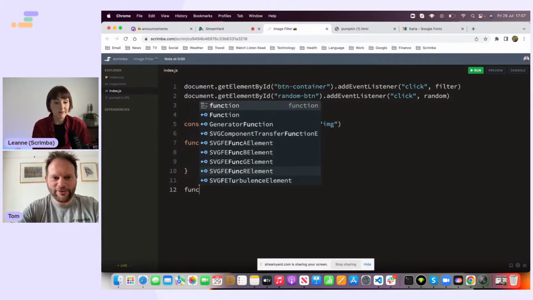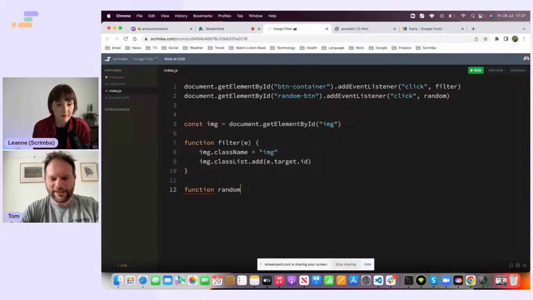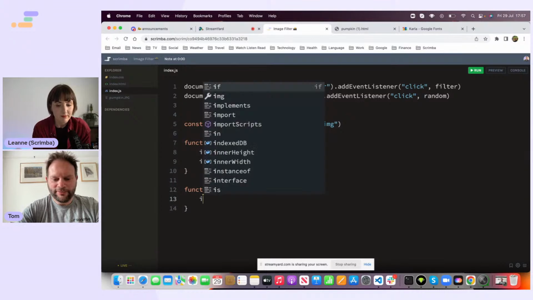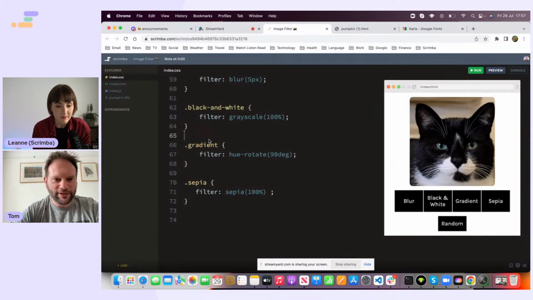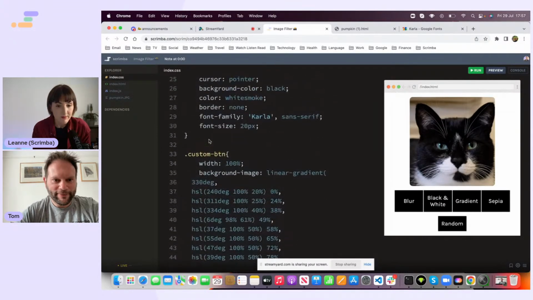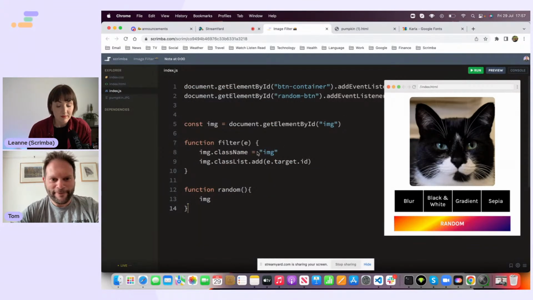Maybe, well, okay, so let's get the function. Okay. So what are we going to do with this image when we click? Okay. Oh, did I change the class of the button and not? Yeah, probably. There we are. Back in business. So we want this random button to, what did we decide in the end? Just add randomly one of the